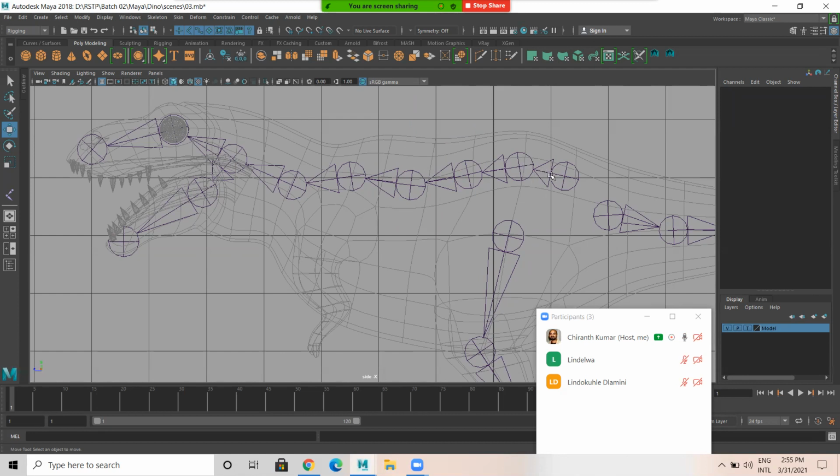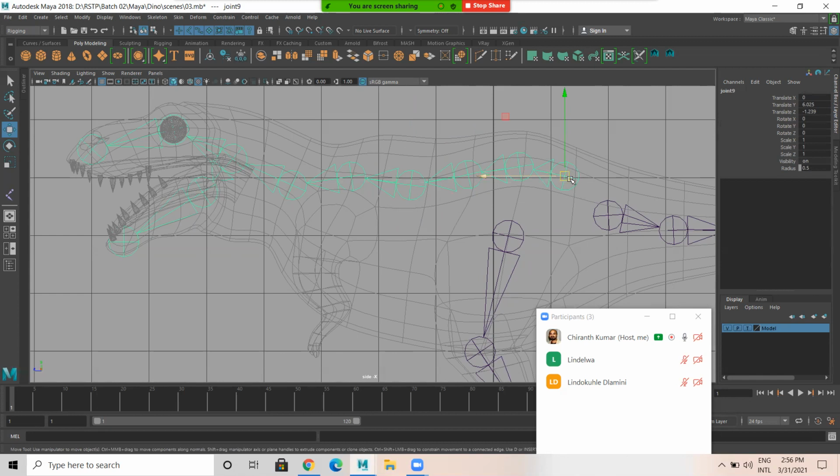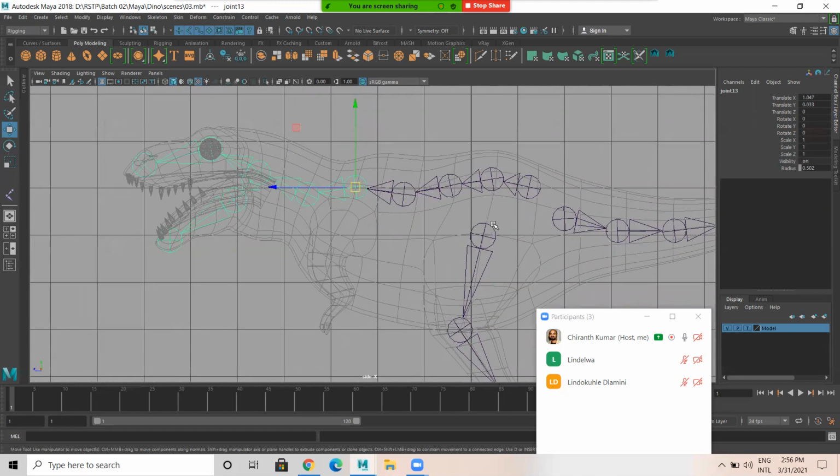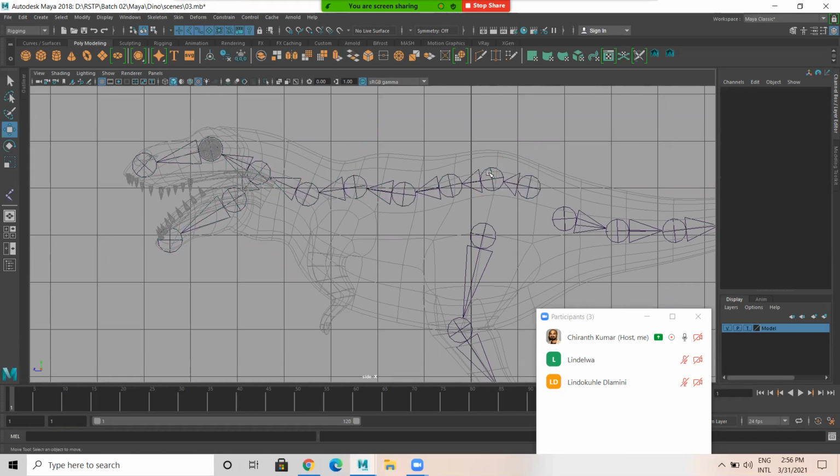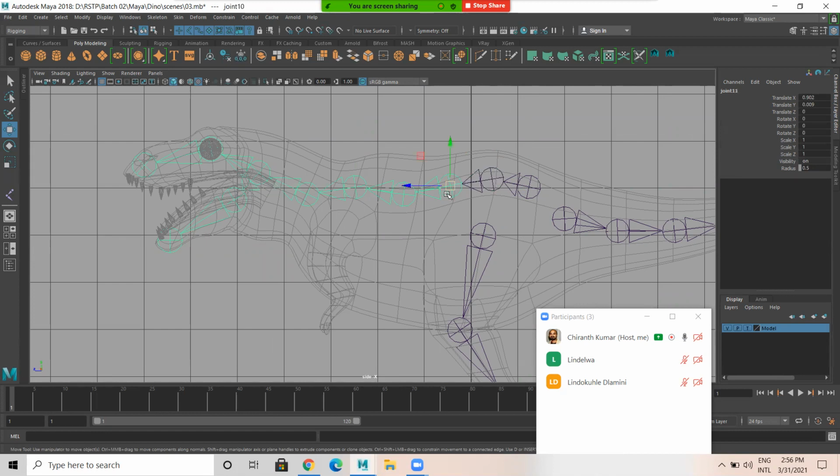Okay, this might seem confusing, but don't get confused. See, this is the main one. This is spine 1, 2, 3, 4. Assume spine 5 joints are there. See here, 1, 2, 3, 4, 5.